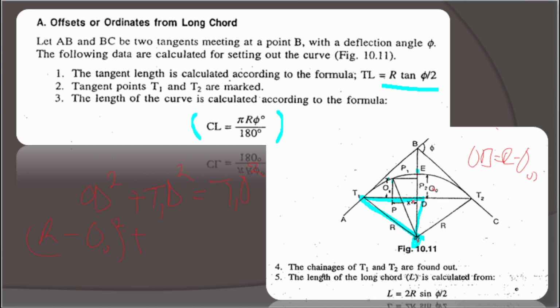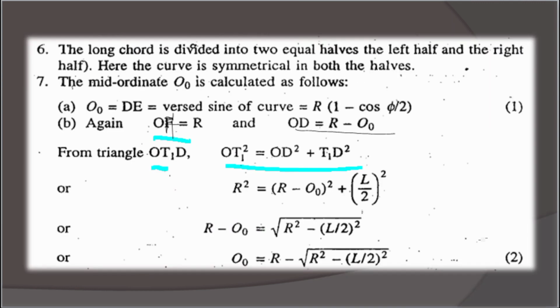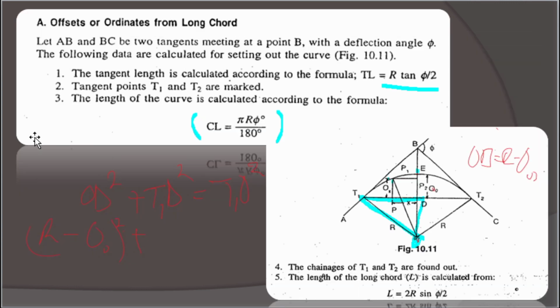So T1 to D2, this is the distance from here to here, and that distance we can say is L. Or in this case, that is L, the distance from T1 to T2. So a half of it will be a half L squared,